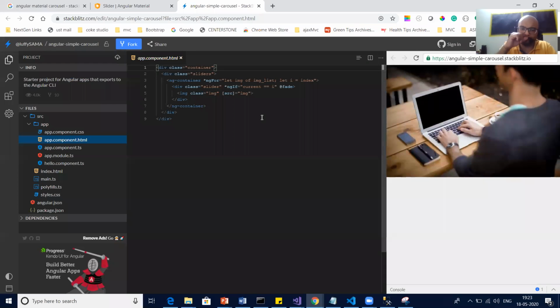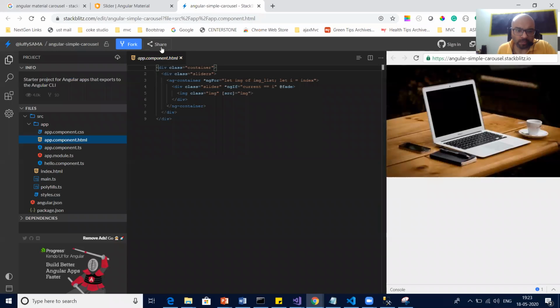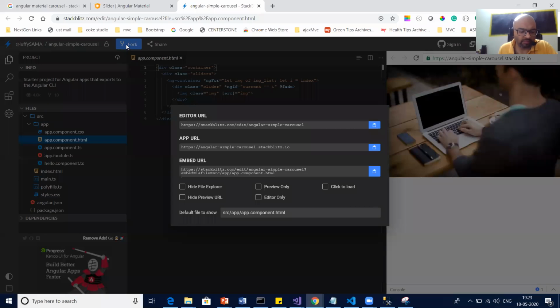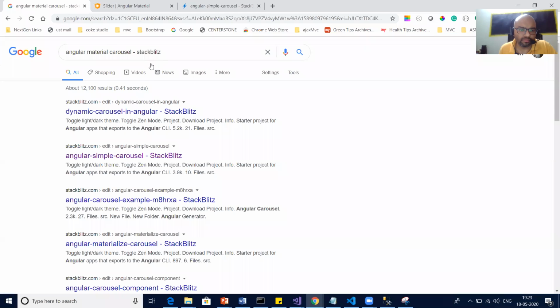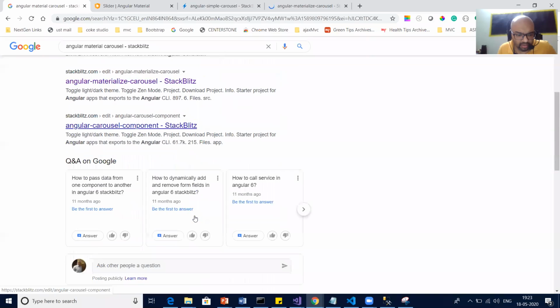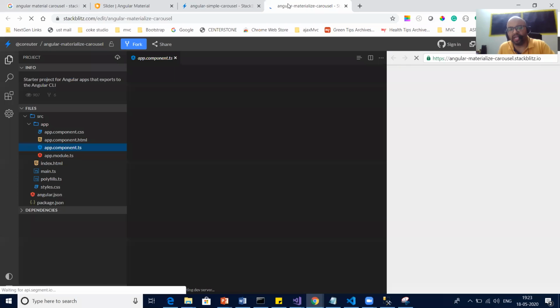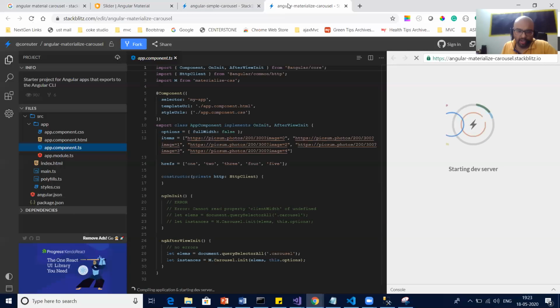No, no. One more minute. We already have a simple carousel, how to make it, but I wanted to see in Angular Material so that we have a ready-made library. So why don't we use that one instead of creating our own?